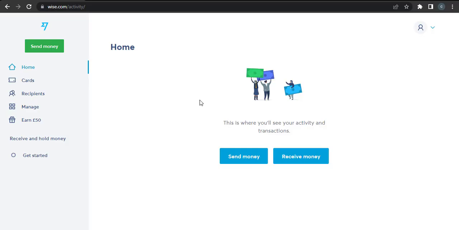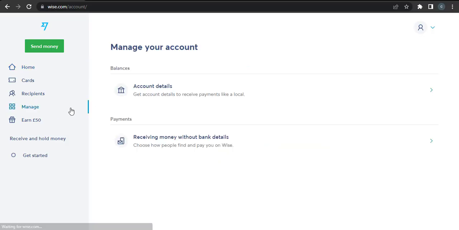In order to send or receive money, you'll need to create a balance account first. You can come over to manage and then here it will show you account details. Get your account details to receive payments like local. So you'll need to create